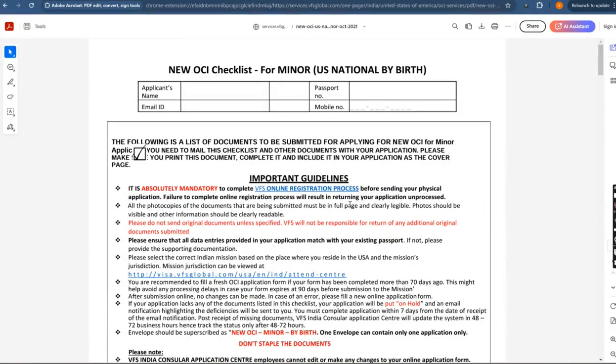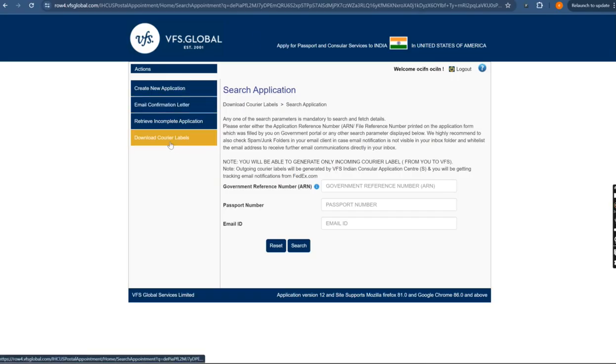Just go to FedEx after collecting all the documents. You can use the VFS courier label you downloaded, right? Go to FedEx and they will give you the FedEx cover, the letter envelope. Then you can put all your documents inside that envelope and provide this courier label to them, then they will attach it and mail it to VFS. With that,